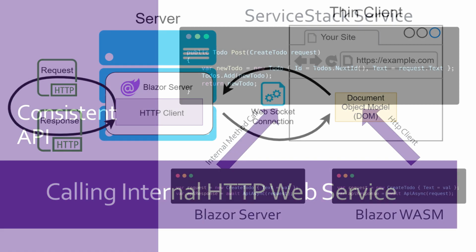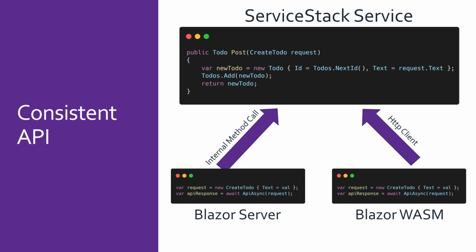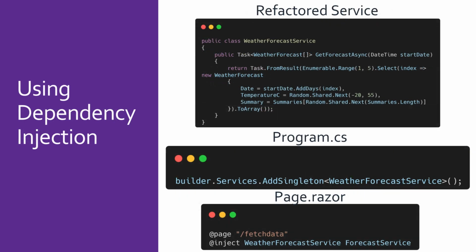By having this universal approach of using the API async method to access our services over both HTTP and in process, it brings the worlds of Blazor Server and Blazor WebAssembly together, enabling us to create components and pages that can be reused or migrated between hosting models. We didn't need to wrap our service code and register them as dependencies to be injected for each and every operation. We kept the existing services as they are and called them the same way with a request DTO and